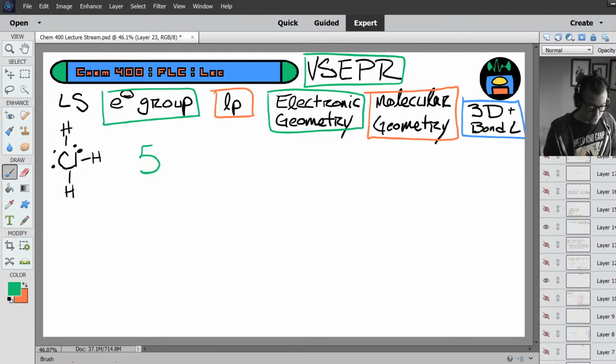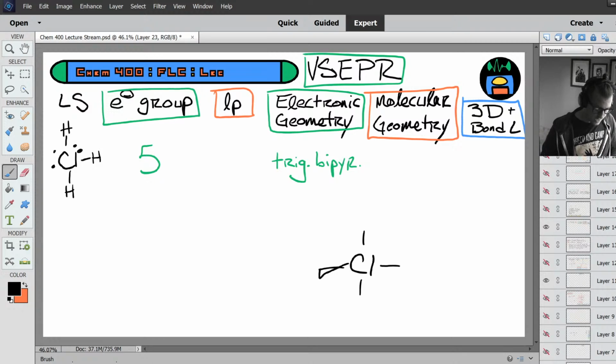If you have 5 electron groups, you know that you are dealing with a trigonal bipyramid. And we can already start drawing our 3-dimensional representation because we have 2 axial positions, 3 equatorial positions, and this will be the scaffold